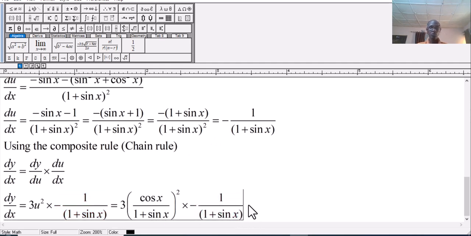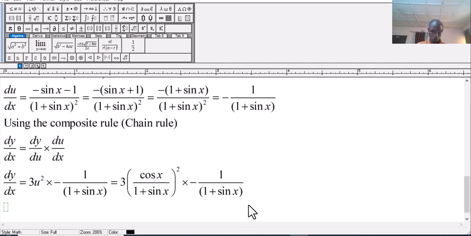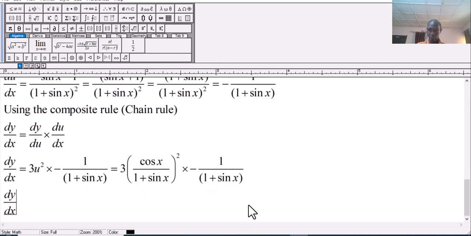So our dy/dx is equal to 3 cos squared x all over 1 plus sine x all squared,